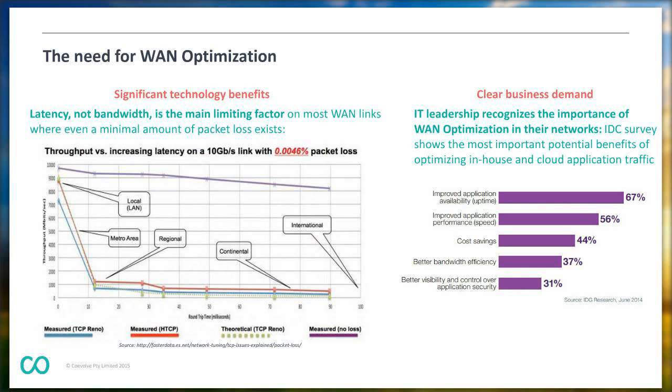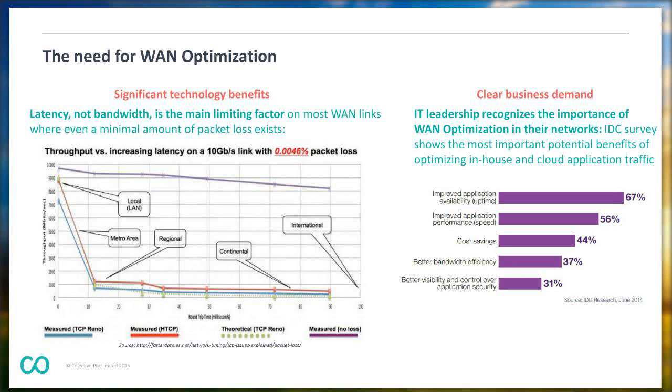So on the left here, you can see a representation of this with the source link we've included here, which has a lot more detail on this, but essentially it's showing that even by adding a very modest amount of latency into a link, so 10, 20 milliseconds, you're cutting your throughput down to approximately 10% of what is theoretically possible over that link as soon as there is any fractional amount of packet loss introduced into that link, which on many wide area networks, there is a very minimal amount of packet loss that you do see across these wide area links. So even across those very low error rates, as soon as you start to add 10, 20 milliseconds, you're drastically reducing the effective throughput of that link.